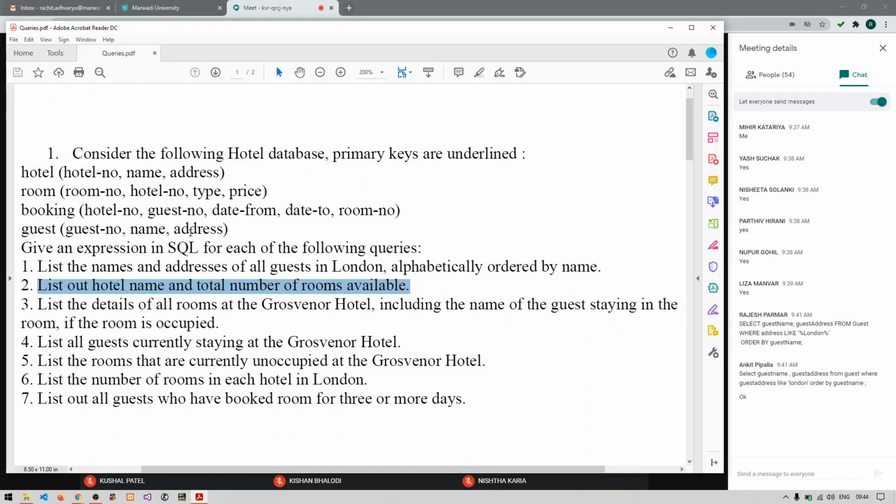Anyone who can give me the answer of this? List out hotel name and total number of rooms available. You need to use an aggregate function somewhere.